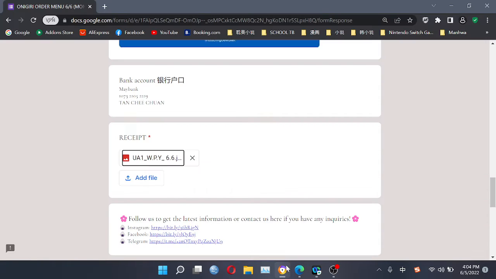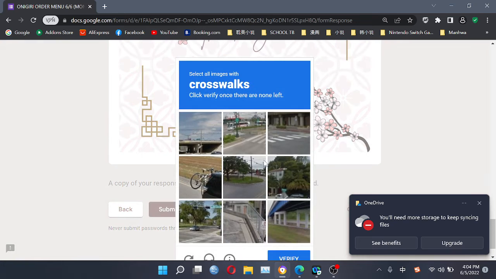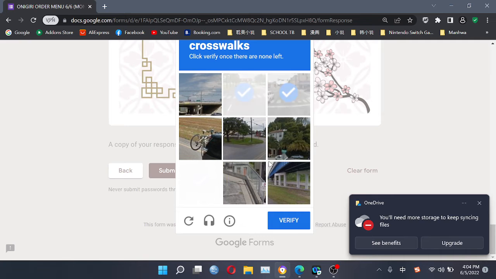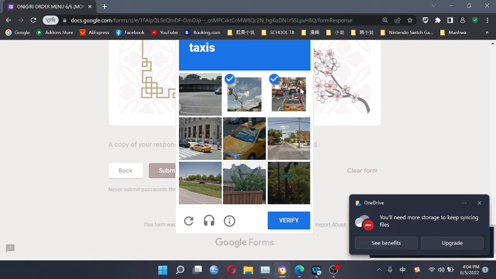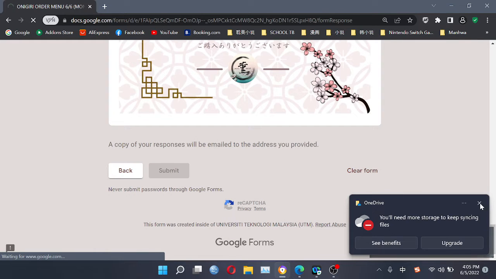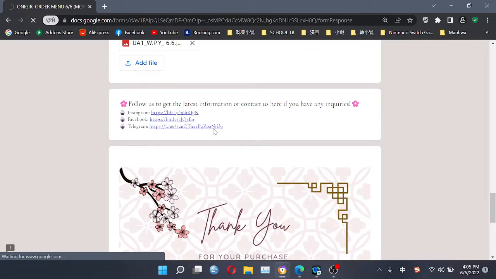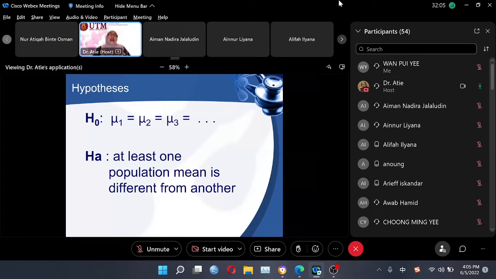Okay, so we already did this for SPSS. Today we are going to learn more about ANOVA and also how we can do the hypothesis test. I really hope that you still have your patience and energy to hear my lecture this late afternoon. So, for hypothesis testing, the first step you need to do is to write